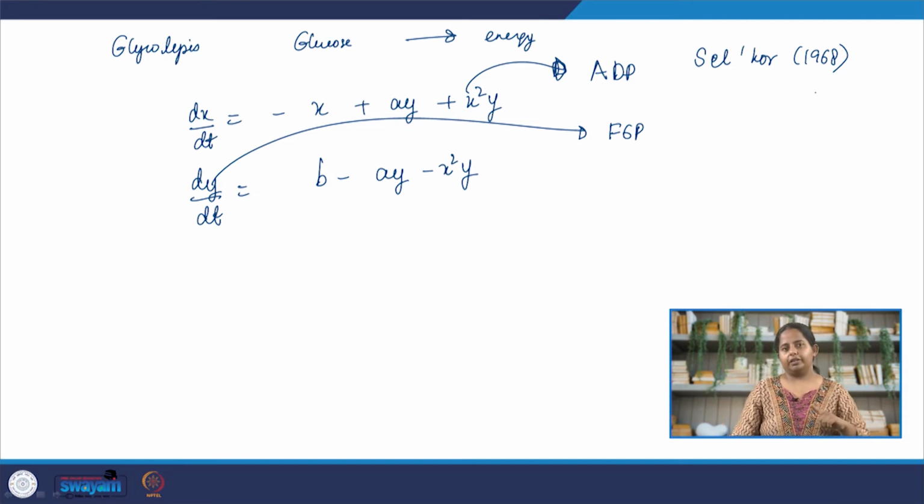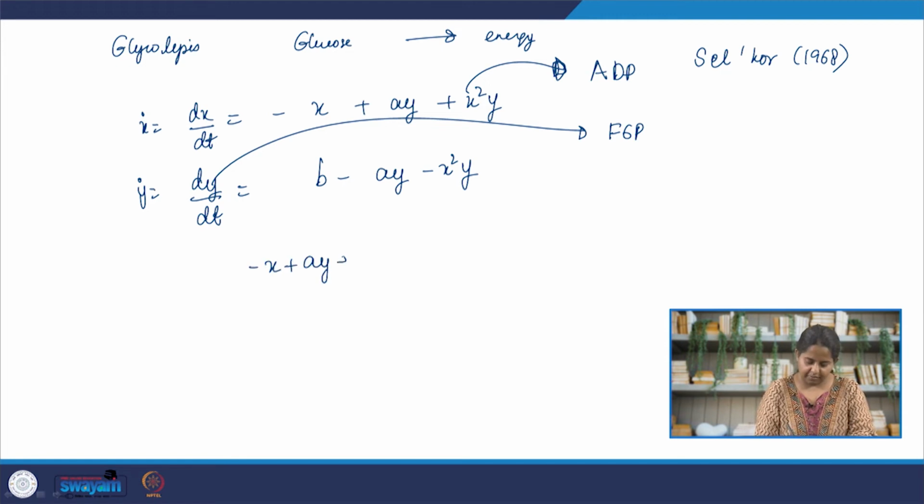more informative than that, in case of trying to figure out limit cycles, whether it's an orbit that is isolated or not, nullclines will help us. So, we are going to do the nullcline system. We are going to find the x nullcline and the y nullcline. The x nullcline is when the derivative of x with time becomes equal to 0. In that case, we have minus x plus a y plus x squared y equal to 0. So, y is equal to x by a plus x squared. This is your x nullcline,